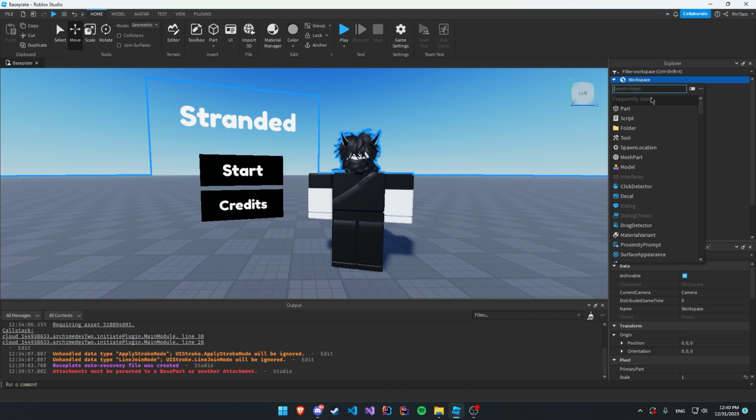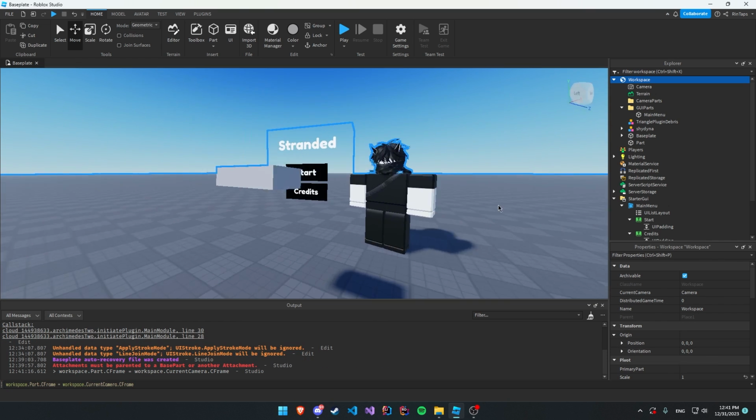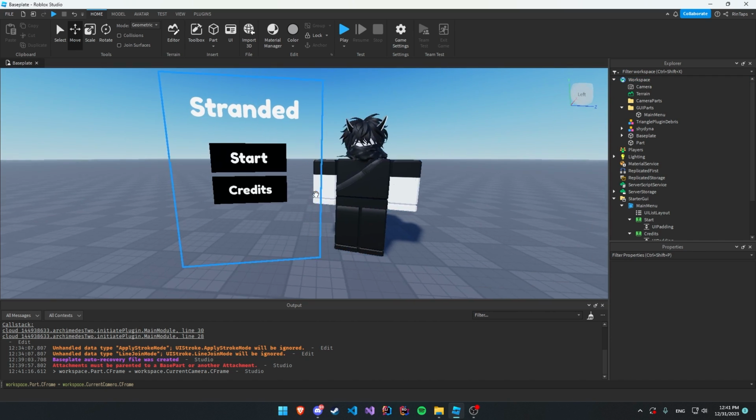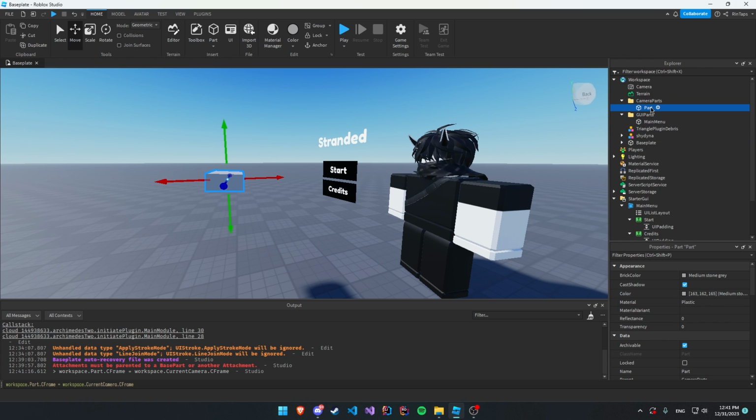Now, create a new part, like so, and we use the Roblox command line, and we just type out the path to it, like workspace.path.Keyframe is equal to workspace.CurrentCamera.Keyframe. Bang. It's just going to parent it here, and that should be all we need. Now we place it in camera parts, main menu,